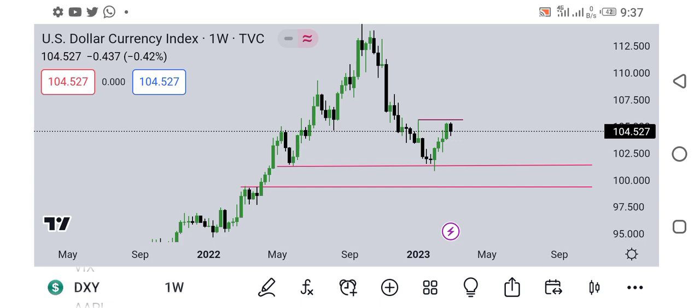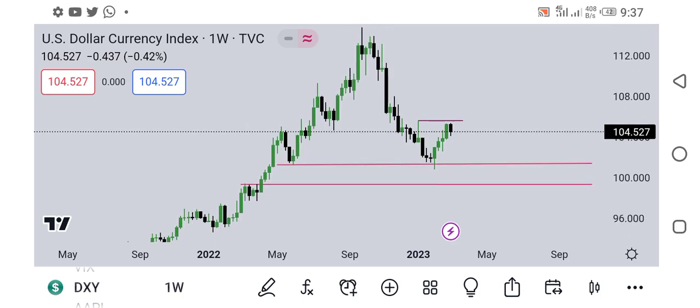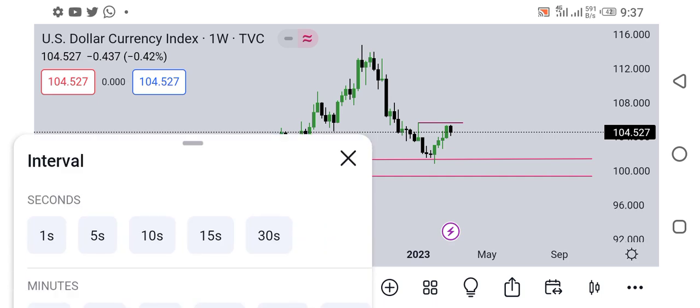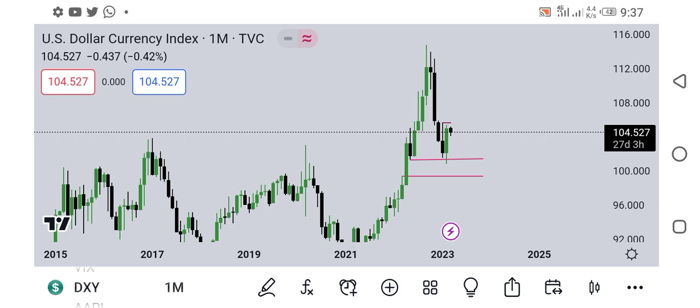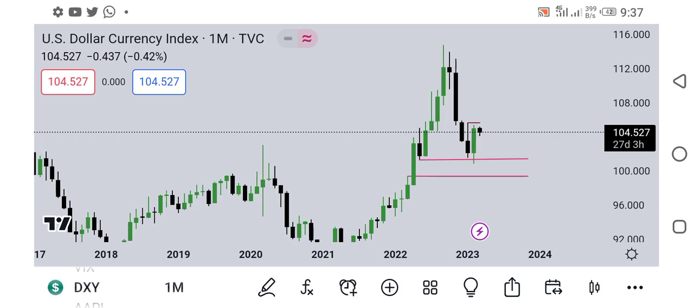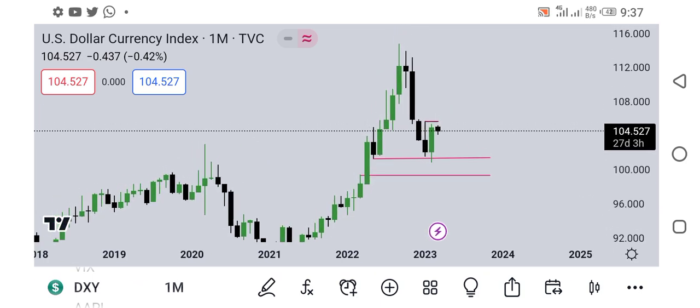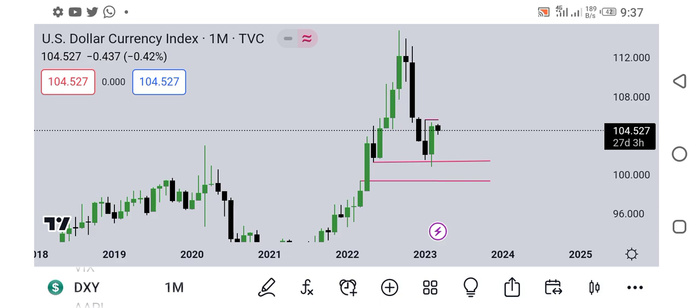Last week, I traded GBP USD. It's one of my favorite pairs. But this week, not that I won't trade it, but there are things I'm looking for. You remember this chart? This is the dollar index. I'm expecting bullishness on the dollar index. Bullishness there means I'm expecting the dollar to be strong. I'm expecting it to rally.